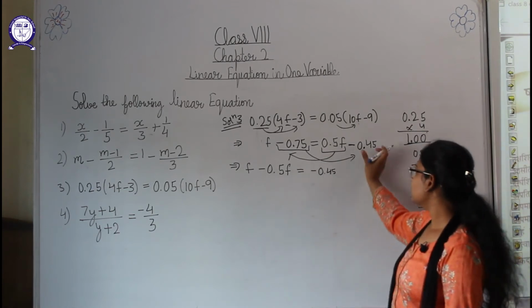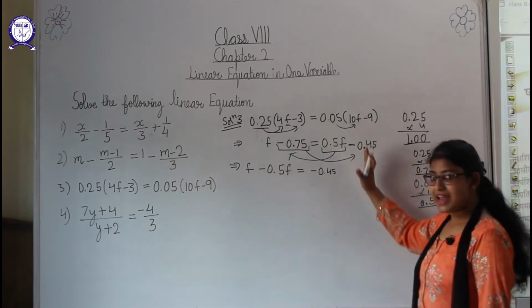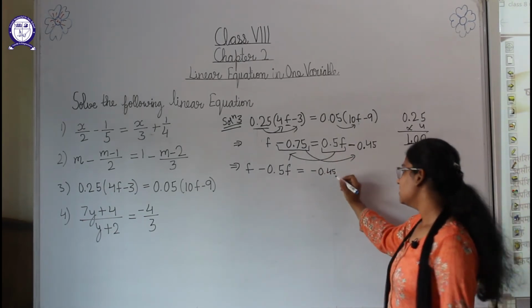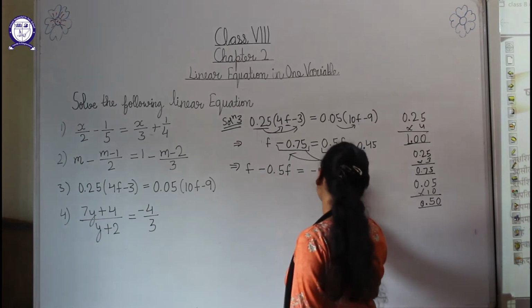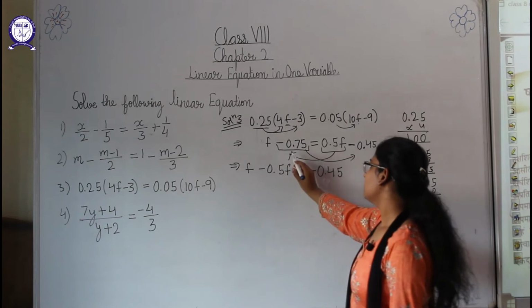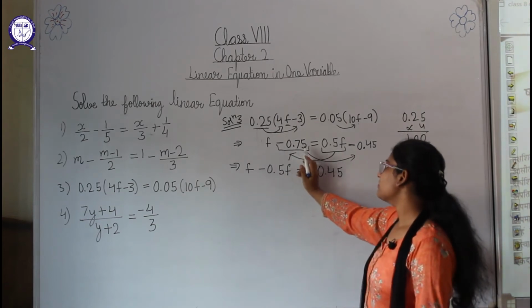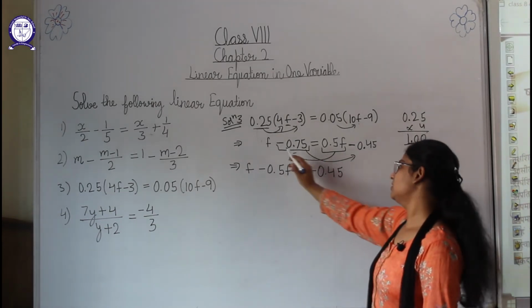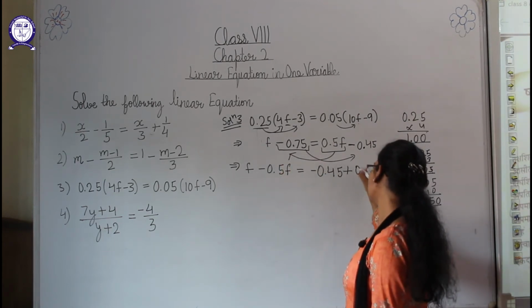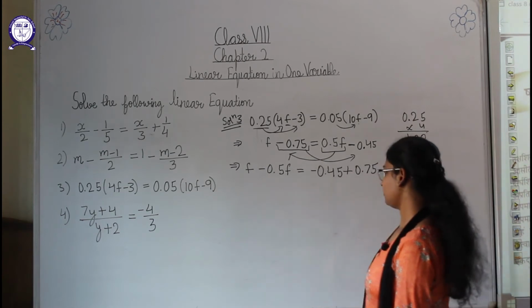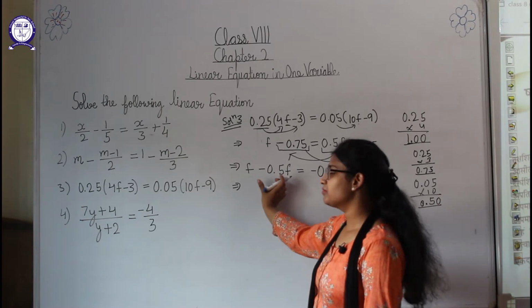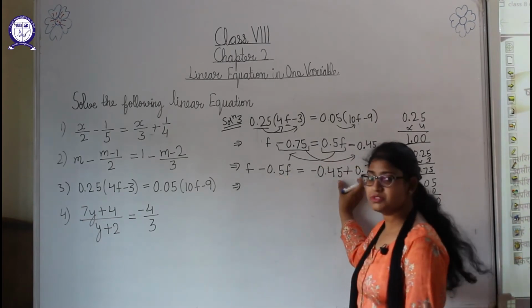As students, this term is here only, means on the right side of the equal sign, so we will put like this only. The sign will be same here, 0.45. Now this minus 0.75 is coming to this side, so this negative will be positive, so we will write positive 0.75. Okay, now we will solve as we have combined the like terms. Like term means the variable terms here and the constant terms here.